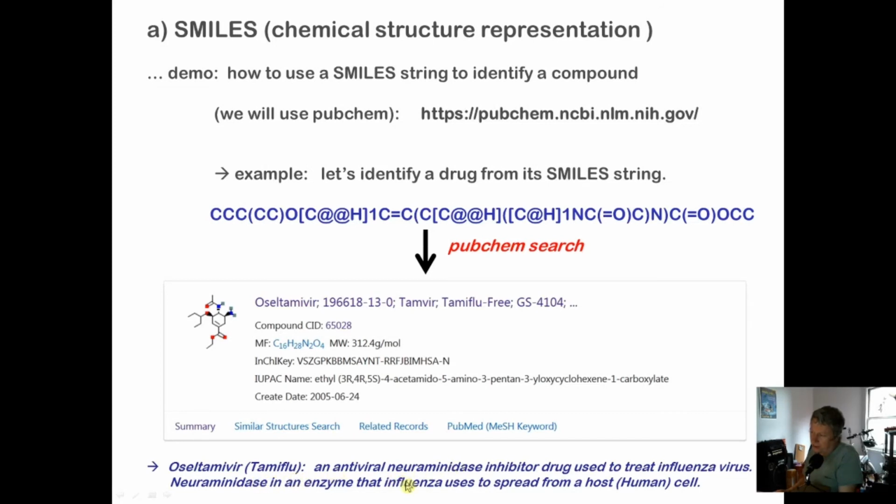It inhibits something called neuraminidase. The Wikipedia page actually has a pretty nice description of what this is. That's pretty readable. Essentially, what happens is the influenza is trapped inside a host cell, like a human lung cell or something, and when the virus is trying to